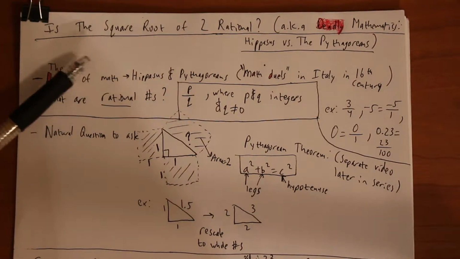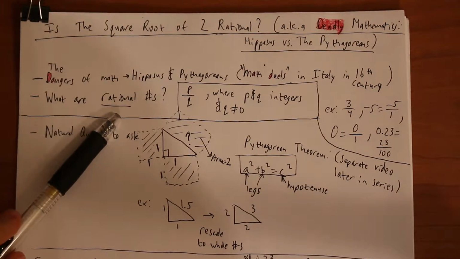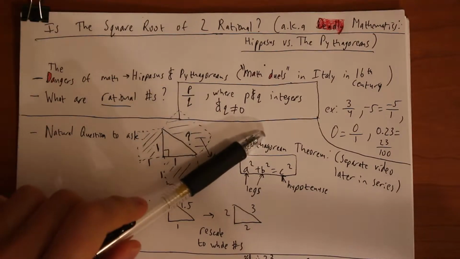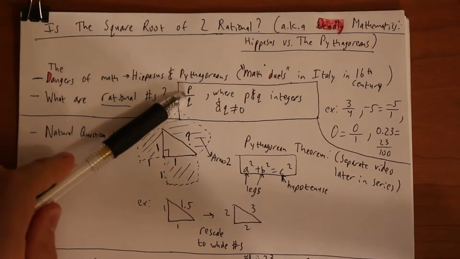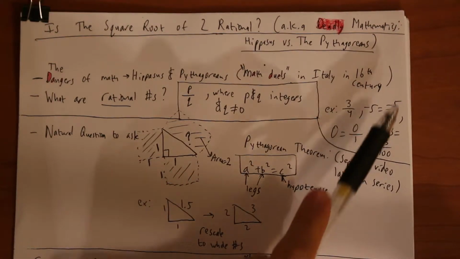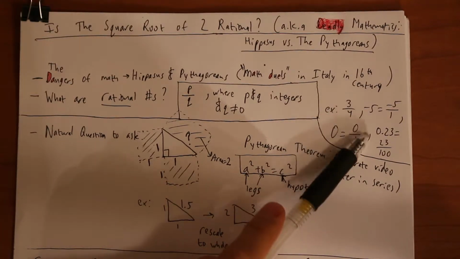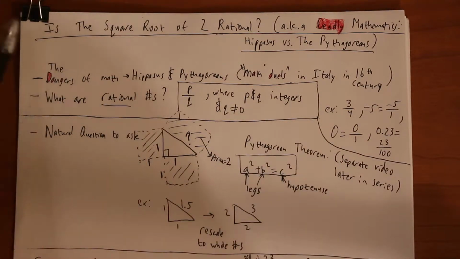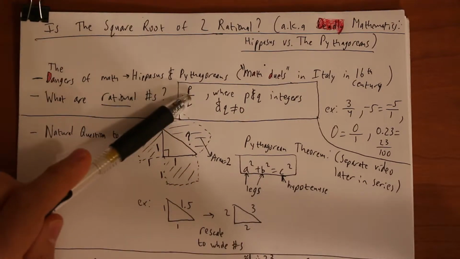So for this video, we have, is the square root of 2 rational? So first let's go into what is a rational number. It's pretty straightforward. It is just p over q, where p and q are integers and q does not equal 0. So you could think of it basically as a fraction with nice numbers. So some examples might be 3/4, -5, because -5 you can write as -5 over 1, 0, which is 0 over 1, 0.23 would be 23 over 100, even repeating decimals like 0.33333 or 0.3 with a bar would be 1/3. So all of those you can express this way.